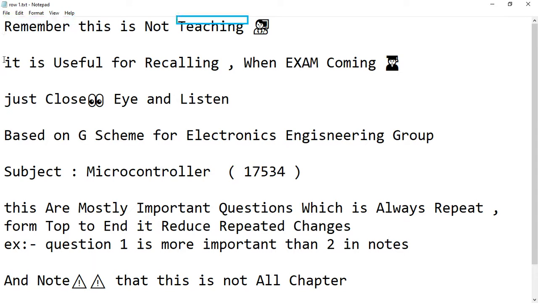Remember, this is not teaching, teacher. It is useful for recalling when the exam is coming, student. Just close your eyes and listen. Based on G scheme for electronics engineering group. Subject: microcontroller,